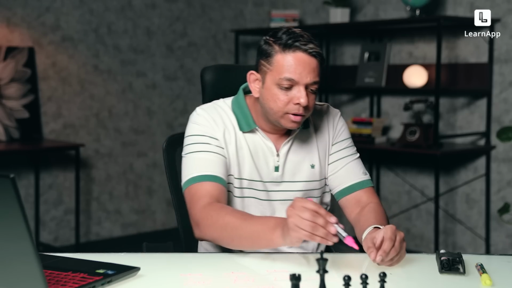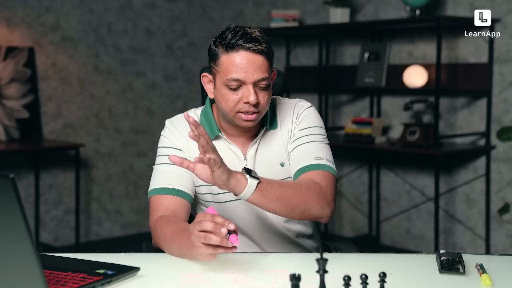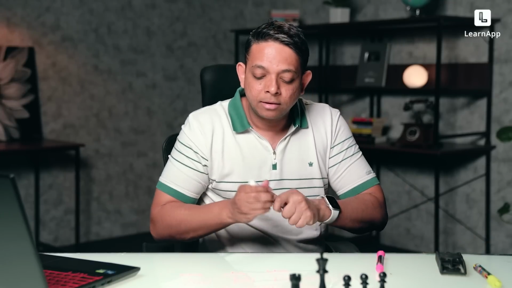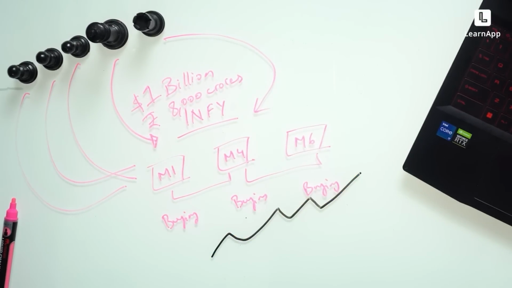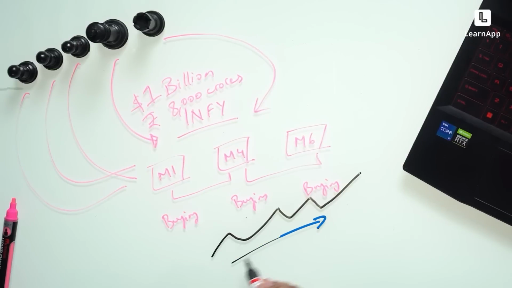Now, my question is, when all these people are investing in Infosys, just as an example, what will happen is this staggered buying over, say, a 7-year period will make Infosys's stock price look like this. Do you agree? If all these different players are staggering their buying over a long period of time, the price of the stock will look something like this. It'll go up, it'll come down a little, then they'll buy, then they'll go down. And these are block deals. They're buying in blocks. Interesting, right?